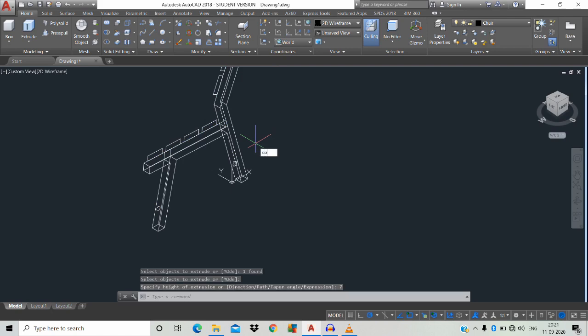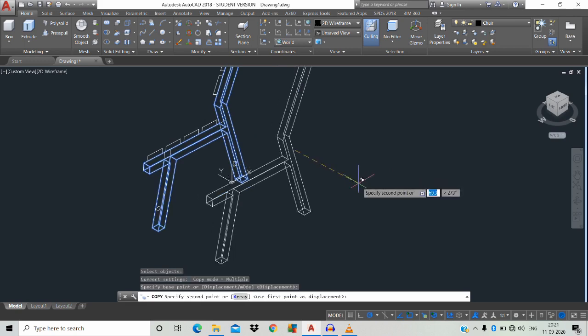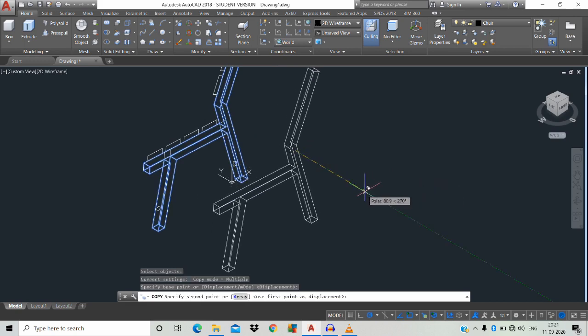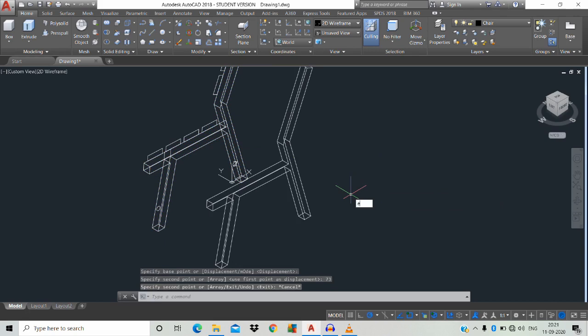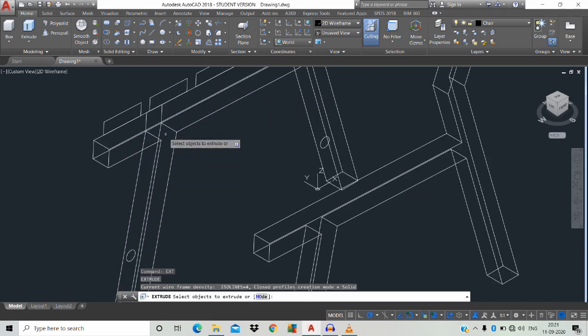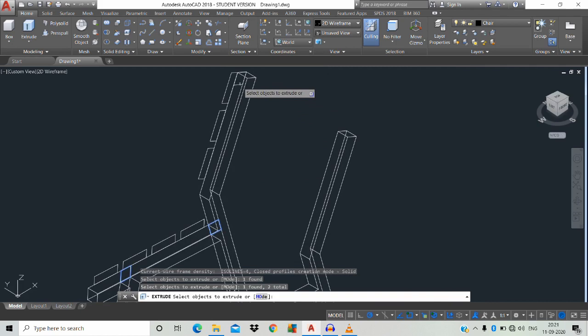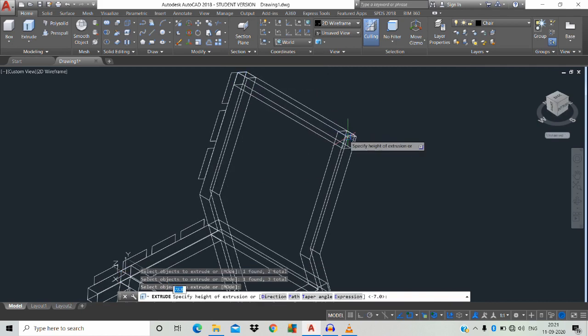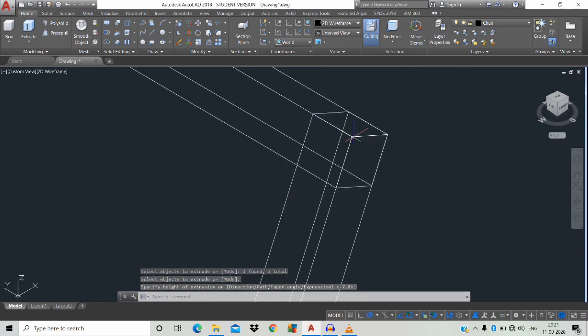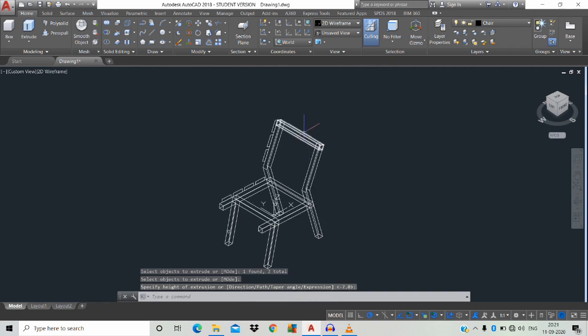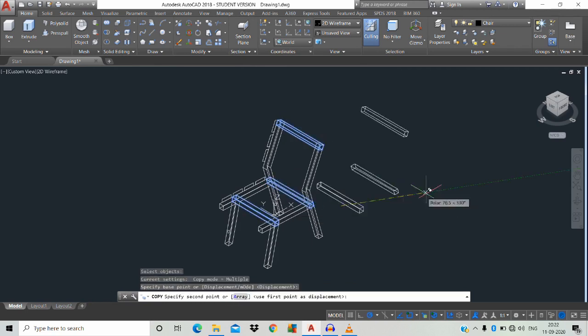CO space, we're gonna copy, just select the object space, left click the mouse, move towards the same straight direction for 73 mm. EXT extrude, this is our first point, this is our second point, and this is our third point space, and move towards here, this will be the end point. Okay, now we're gonna copy these three. CO space, just click the point, first, second, third, space, just left click mouse and move towards a space.